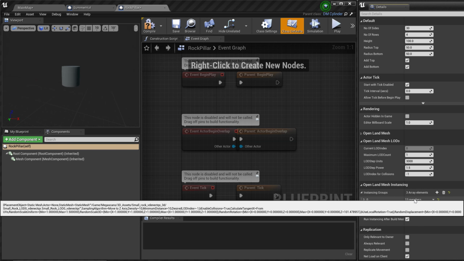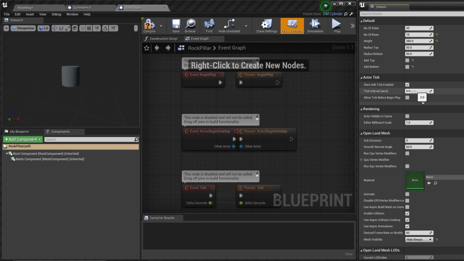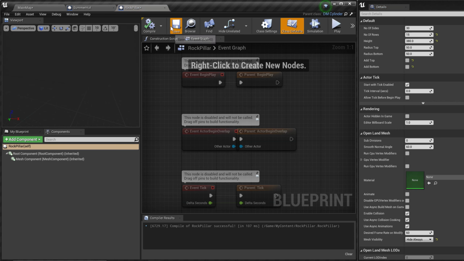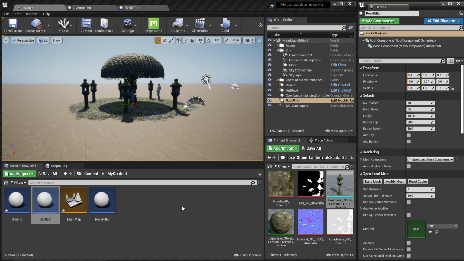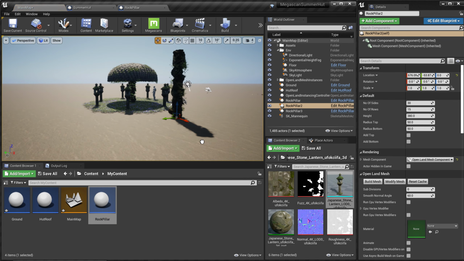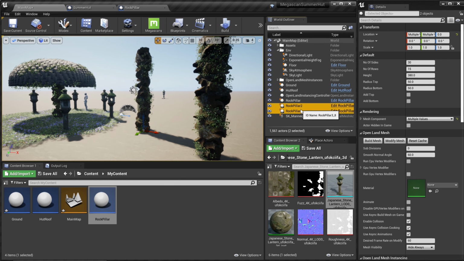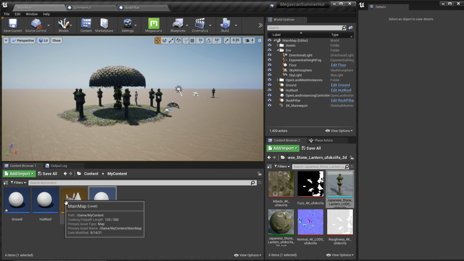So that's cool. You can see I made some changes in the default section as well. We changed the rows and the height. So I'm going to copy all these things into the actual blueprint. Right, once I add all these things, I can simply compile and save. And now we have this. So now I can simply get the rock pillar. As soon as I put that into the map, I have what we need. So I'm going to delete these 2 pillars, and then let's do the same thing for both the ground and the